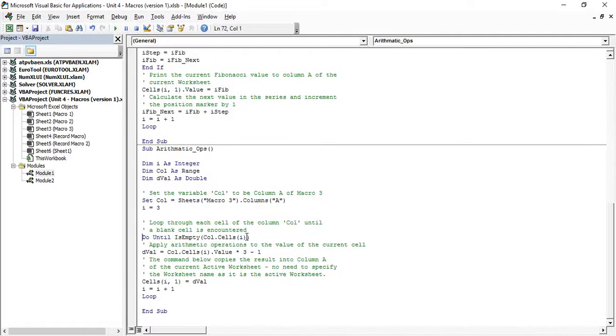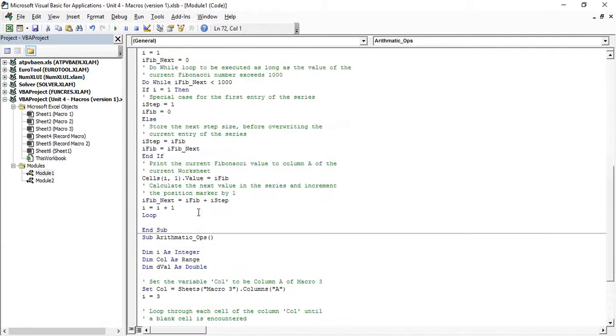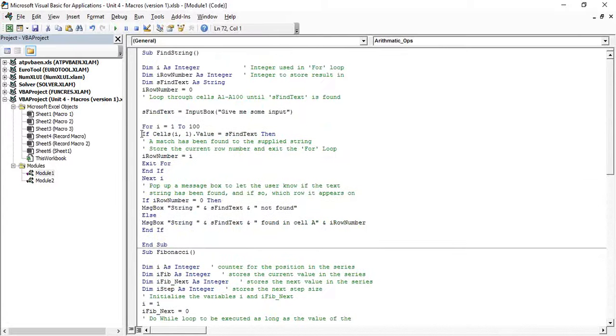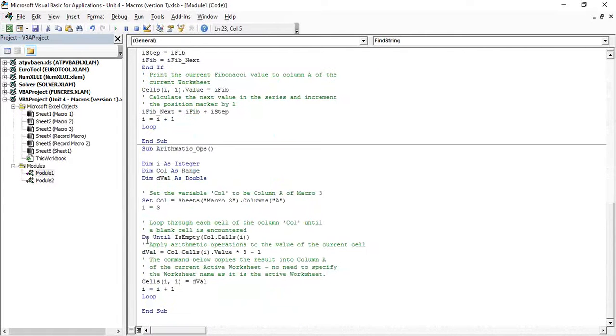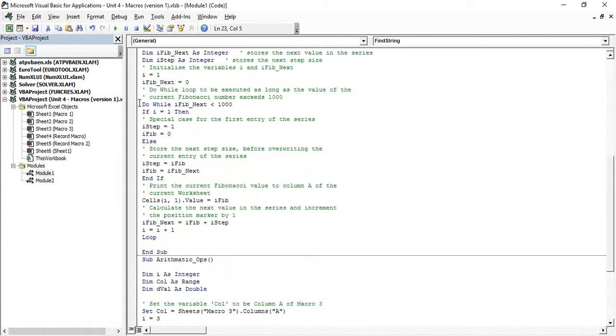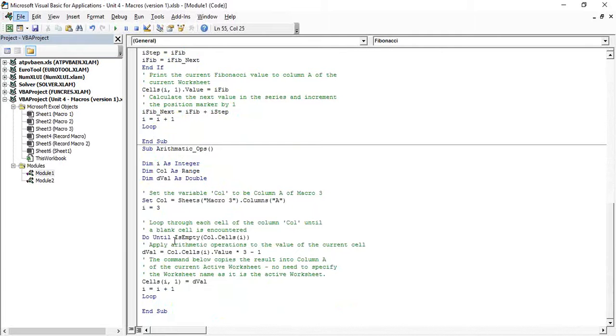Okay. So there is a function called do until. The last time we used a for loop. This time we are using do until. There is something called do while, which we will see in the next video. Over here it says do until is empty.